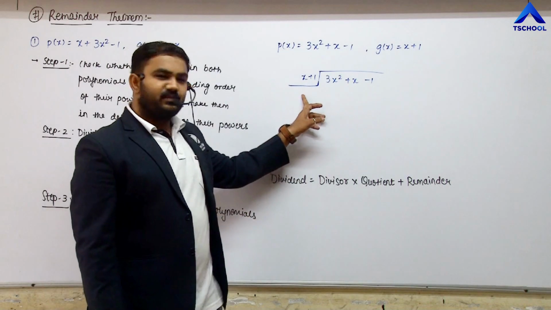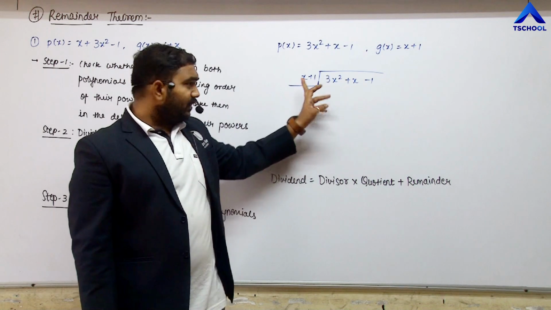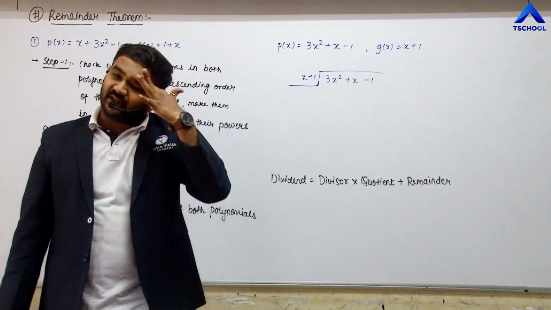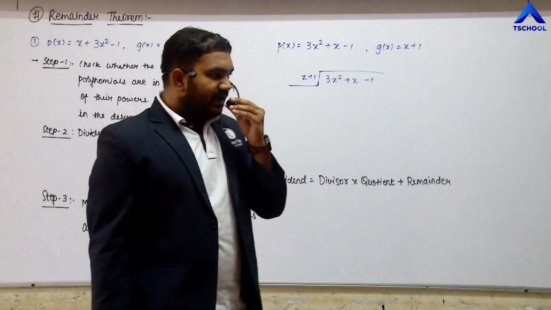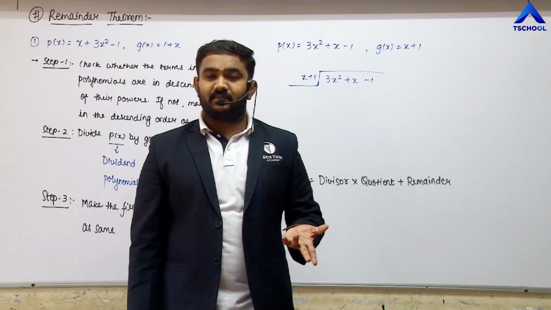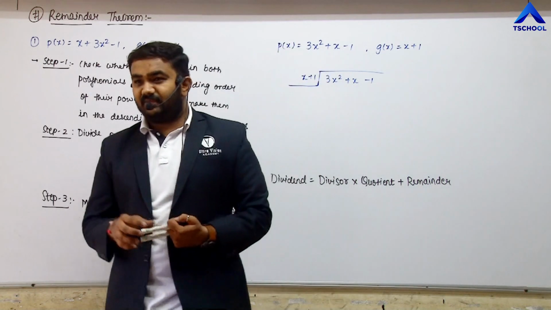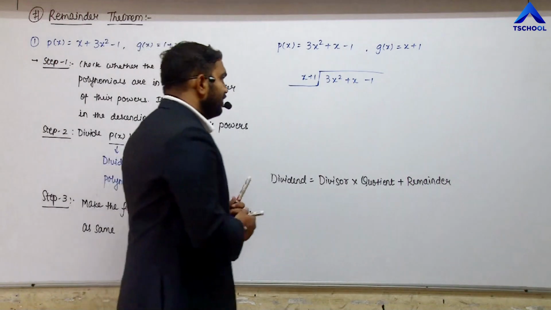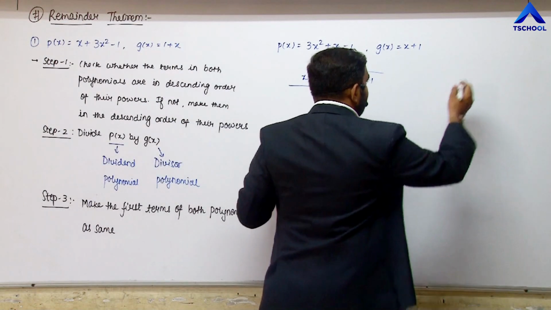So here it is x plus 1, here it is 3x square, right? Now see friends, we cannot make 3x square to x, because we cannot decrease the power of any variable here, but we can increase them. How to increase them is, we shall simply multiply them by the remaining thing. That means how to make this x as 3x square is basically, first of all,